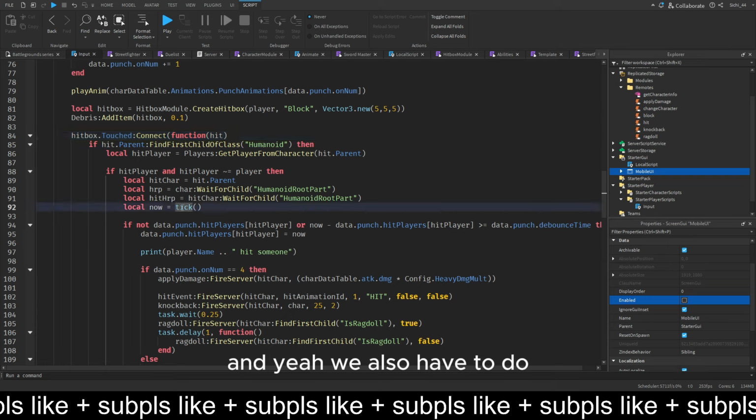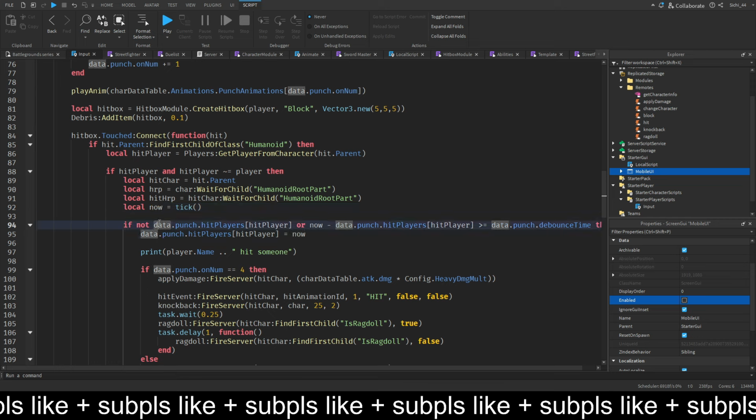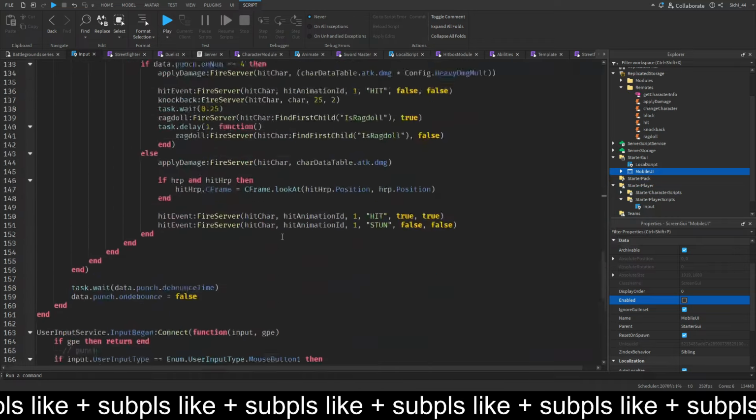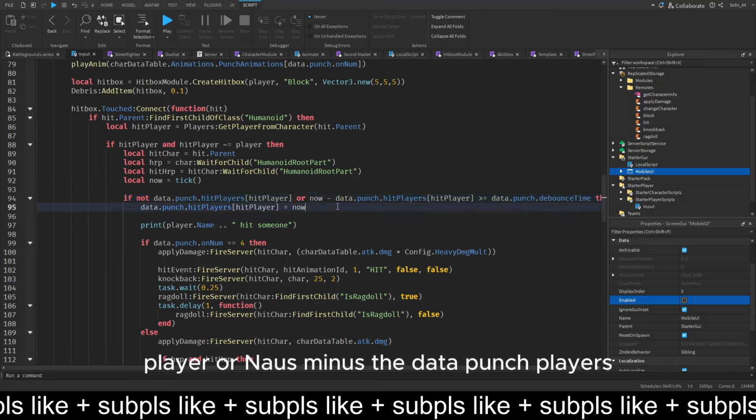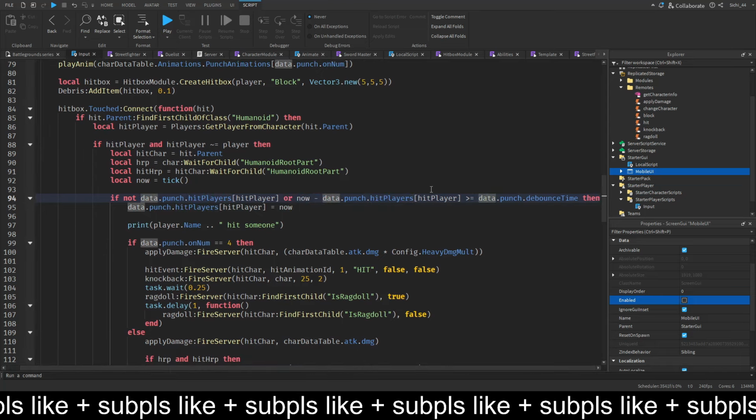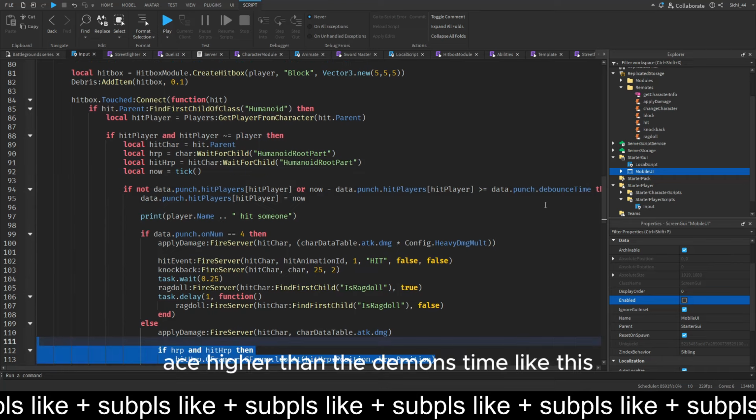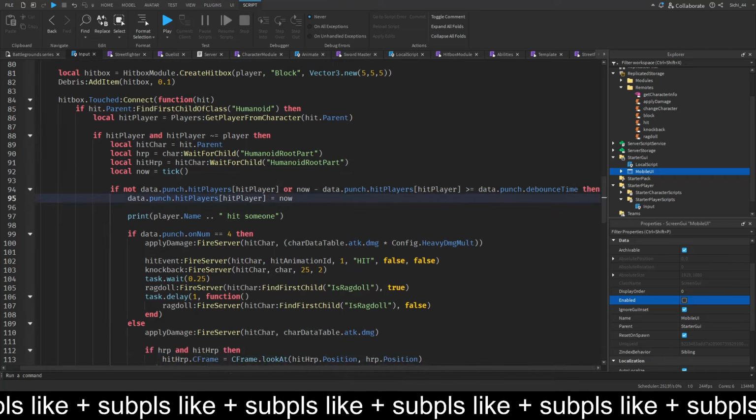And yeah, we also have to do the now, which is tick. And then we want to do, just like this. So if not data punch hit players, hit player on now is minus the data punch hit players is higher than the demons time, like this. Then